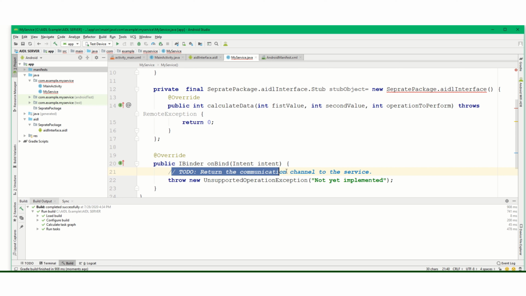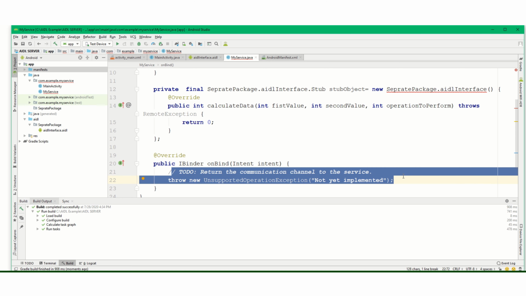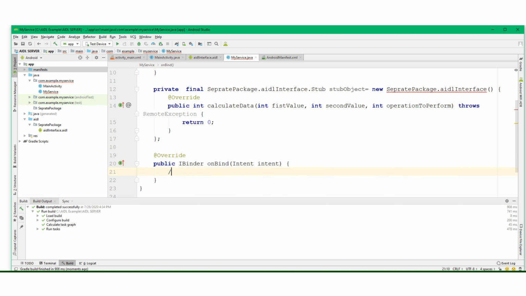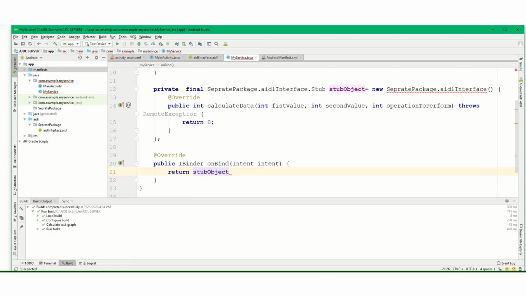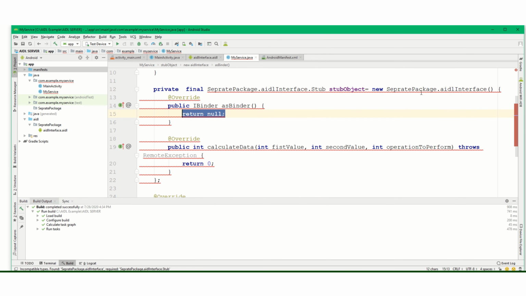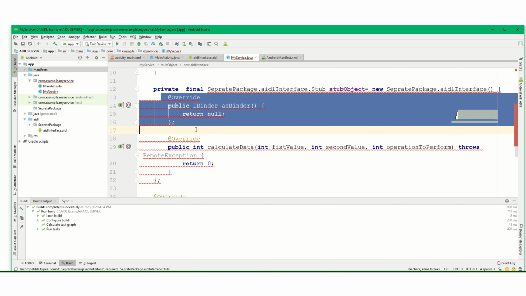And here we have to return the stub object. Yeah. What is the error actually? Implement method as binder. I don't know why it is saying like this.